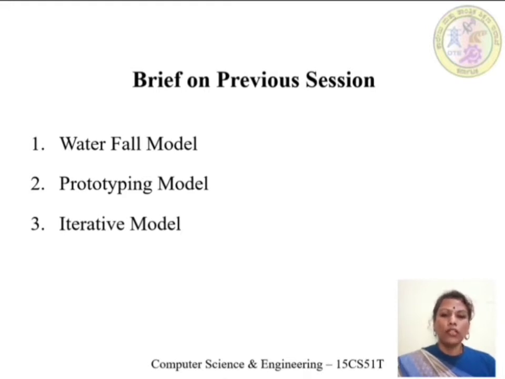Okay. So here we have the iterative model in order to overcome the disadvantages of the waterfall model and the prototyping model. What happens in the iterative model? See, it uses an incremental approach. That means the product is delivered to the customer in increments. The first, or initial, increment consists of the essential features. In the first increment development, the developers are going to include essential features and develop the initial increment that will be delivered to the customer.